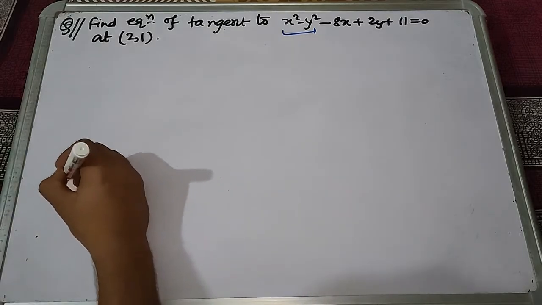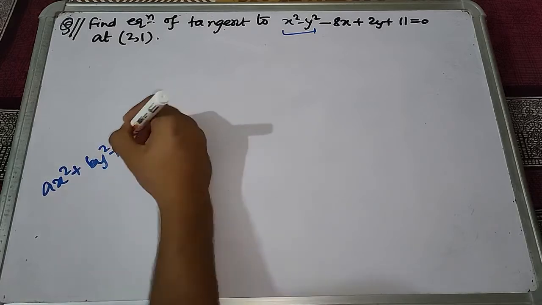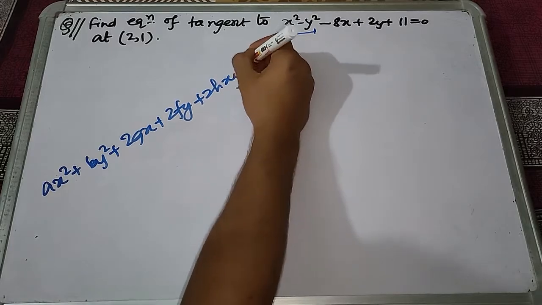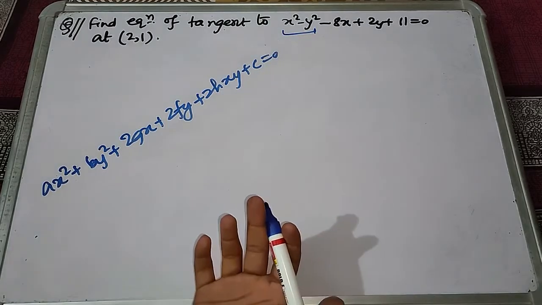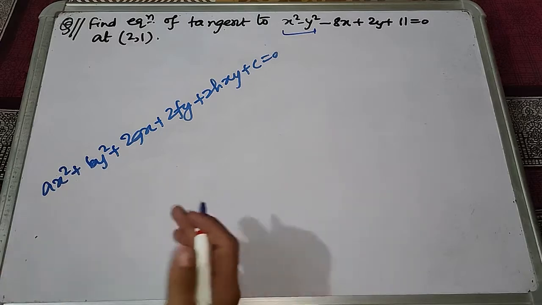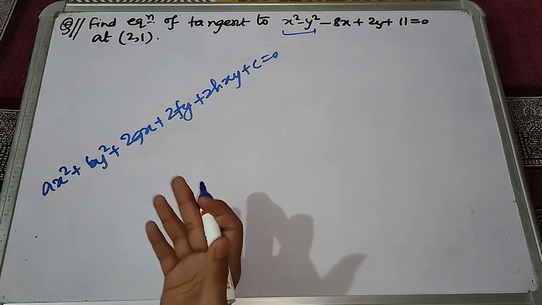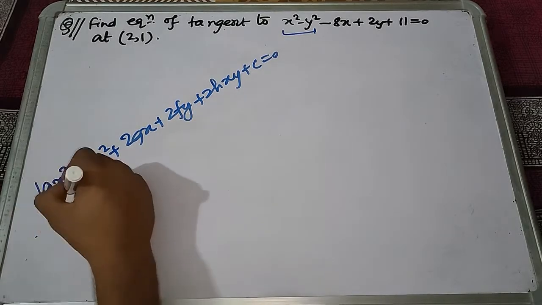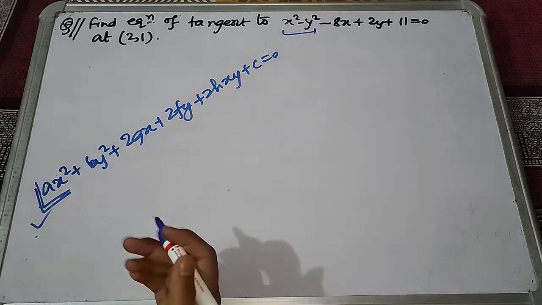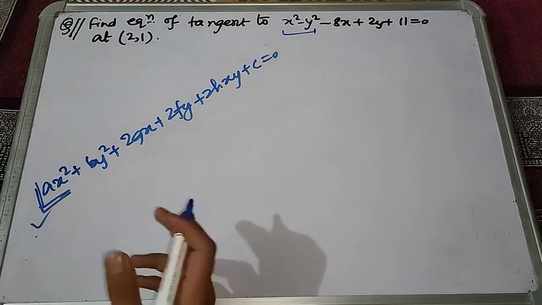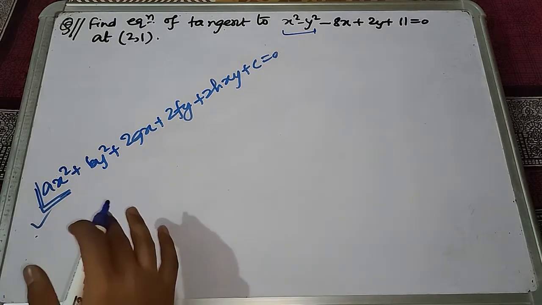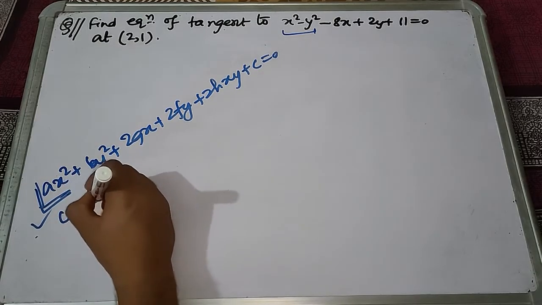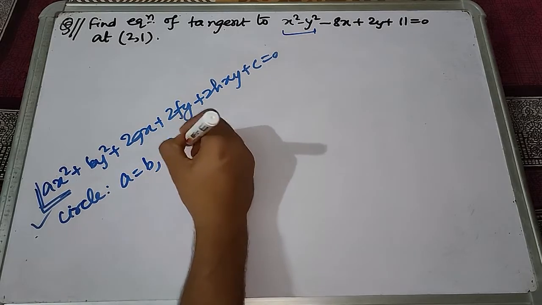Suppose you have the equation ax square plus by square plus 2gx plus 2fy plus 2hxy plus c equals 0. I am telling this stuff for the IIT JEE Advanced type of questions. You won't need so much depth in JEE Mains, I guess. So now, to understand whether this general second degree curve is a circle or parabola or hyperbola or ellipse, what we can do is, if it is a circle, then a equals b and h equals 0.